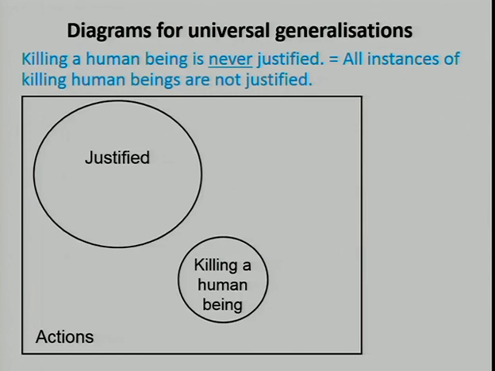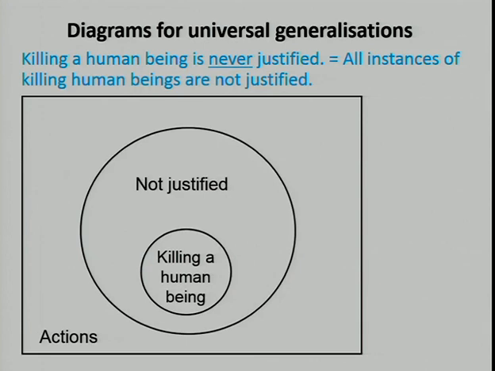And then obviously you can have cases like this where there are two separate groups that share no members, right? So that would be one way of depicting this. All instances of A are not instances of B, in this case of justified actions or something like that. And you can also twist that around by saying something which, in language, would have the same paraphrase as what I just said, but you're just changing the groups. Now you're not having one group of justified actions and one group of killing humans, but you're saying that that is a subgroup of unjustified or not justified actions.